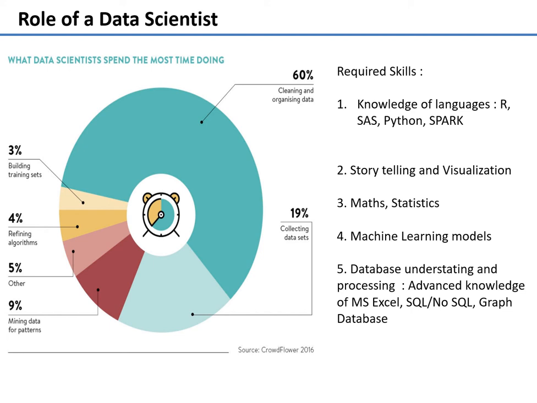We have already covered some concepts of MS Excel in my part 1. I have covered some basic concepts of statistics in my part 2, and today we are going to start machine learning models. Slowly we'll move to Python and R, and after that we will move to SQL, NoSQL, and graph database. So that's all for the day. I'm very excited to start my machine learning model series, and in the first video we will learn the concept of machine learning and linear regression.